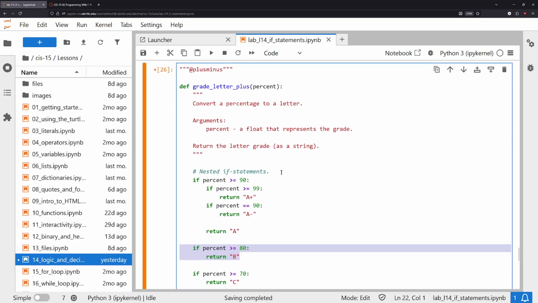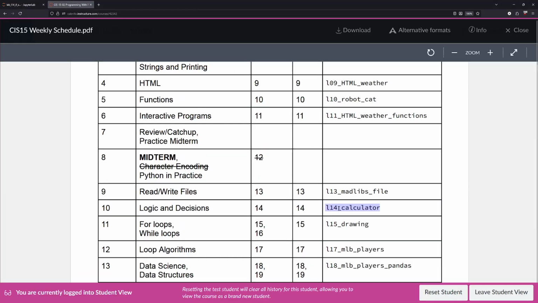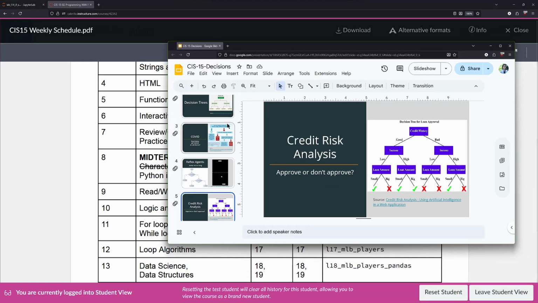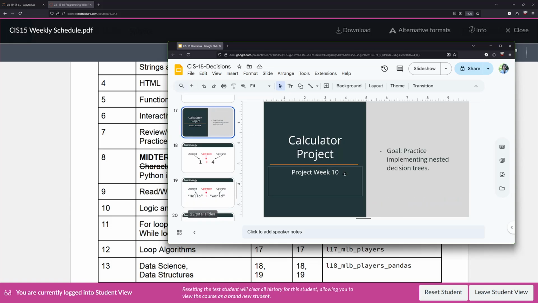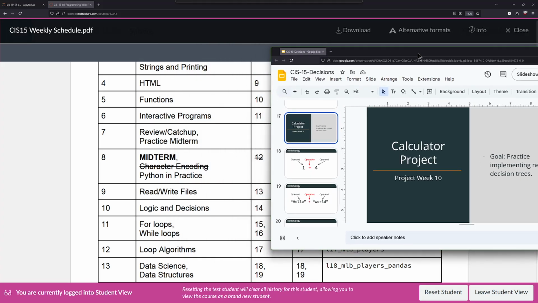Okay, so that's about it for this lab. Well, with this in mind, we have enough to go to the project. Project 14 on the calculator. I'm going to first download the notebook and skim over it, and after that I'll pull up some slides that will help us understand the problem a bit more. I have a few slides that explain what's going on. It's a pretty dense